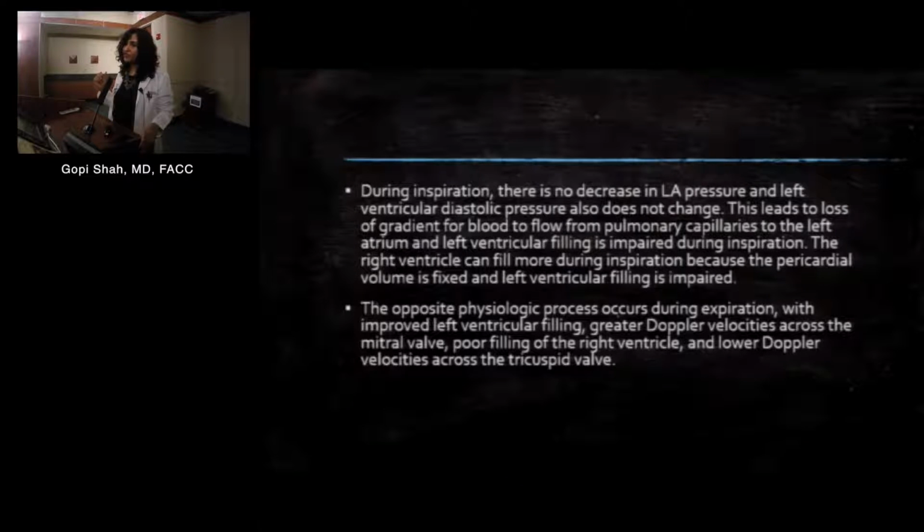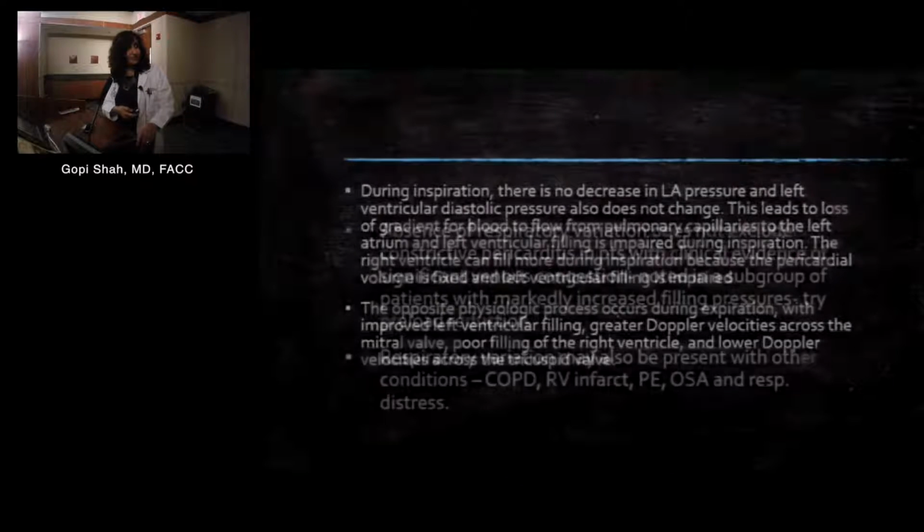So there is a loss of gradient from the pulmonary veins to the left atrium, which is also seen across the transmitral, and therefore you have a decrease in your velocities. The reciprocal is seen on the right side because now you have a fixed volume, so the right side can accept more. Because of this physiologic process, you have all the Doppler data that we get, whether it's transmitral, tricuspid, hepatic veins, the pulmonary veins, that give the pathognomonic picture of constriction